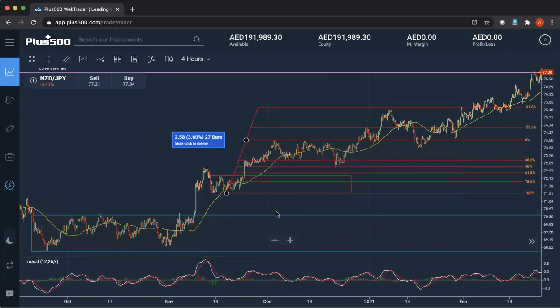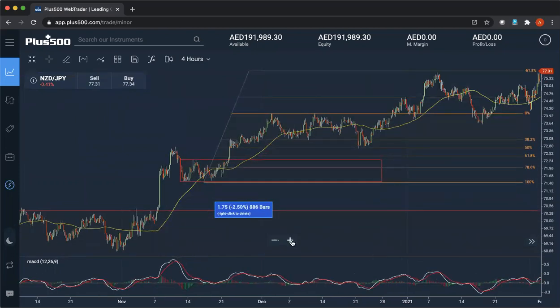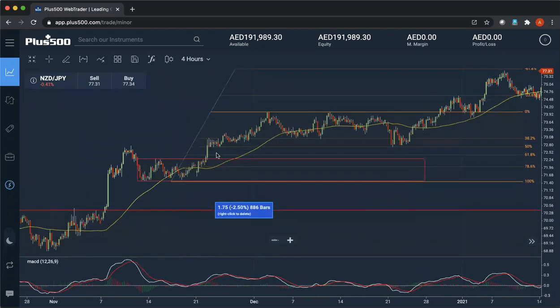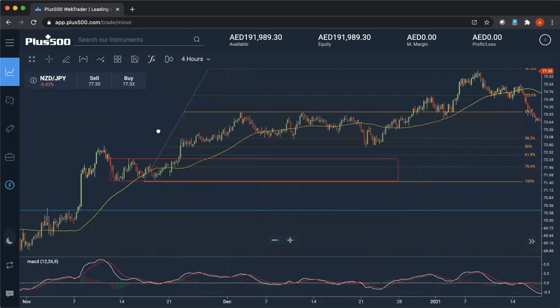We can see the retracement is coming back to the 50%, 38.8, and then 50%. So at 50%, you can see the price is going up, and very nicely,